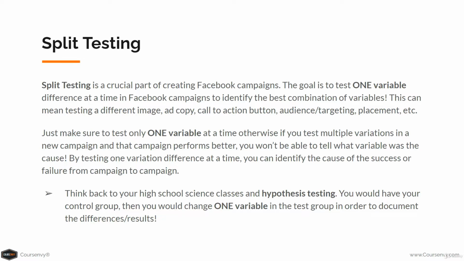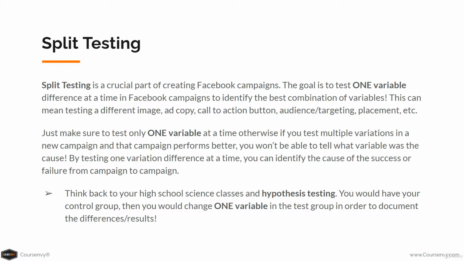Otherwise, if you test multiple variations in a new campaign and that campaign performs better, you won't be able to tell what variable was the cause. By testing one variation difference at a time, you can identify the cause of the success or failure from campaign to campaign. Think back to your high school science classes and hypothesis testing. You would have your control group, then you would change one variable in the test group in order to document